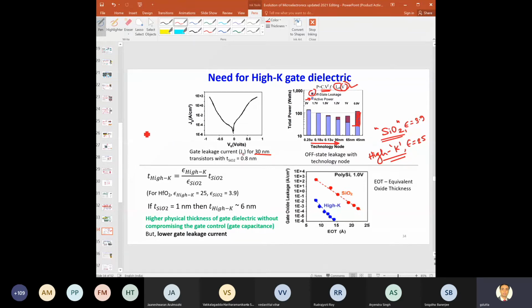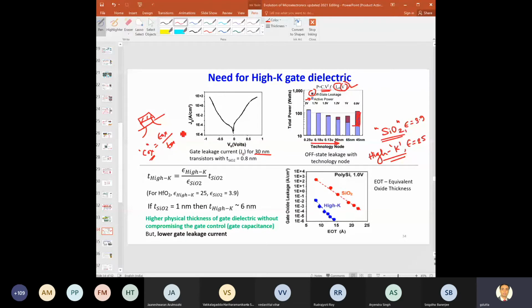Let us consider the capacitance. You remember the capacitance in case of a MOSFET? How do you determine the MOSFET oxide capacitance, Cox? You have it in the current equation, right? You have mu n Cox W by L, then (VGS minus VT) square, right? So what is that Cox? That Cox is epsilon ox by Tox, right? Let us say that we don't want to compromise this Cox. We want to keep this Cox the same, right?